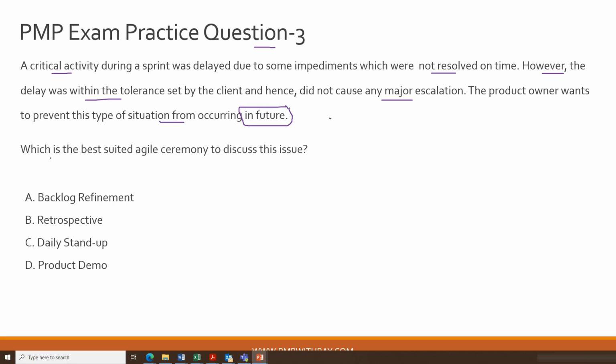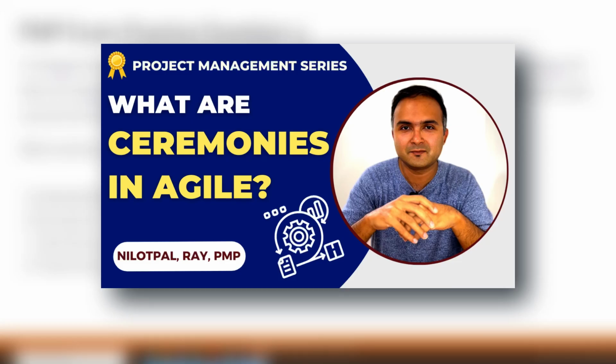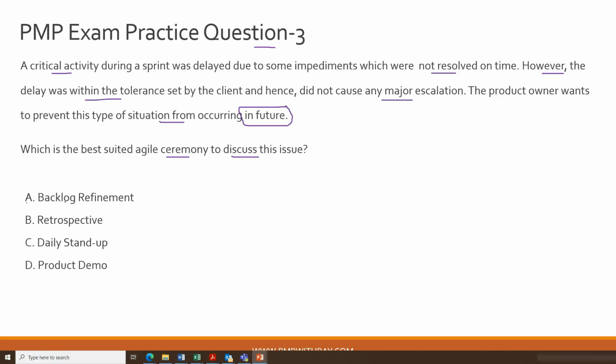Now which is the best suited agile ceremony to discuss this issue? So I'm assuming, guys, that by now you know the basics about agile ceremonies. If not, please go ahead and watch this video on my YouTube channel. So the options are backlog refinement, retrospective, daily stand-up, and product demo. Now let's talk about backlog refinement. So backlog refinement during a sprint